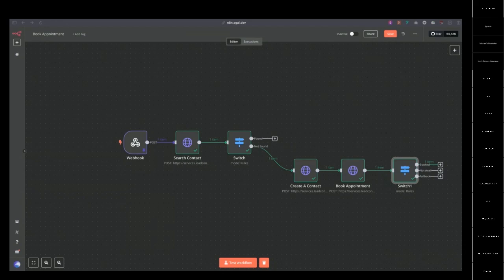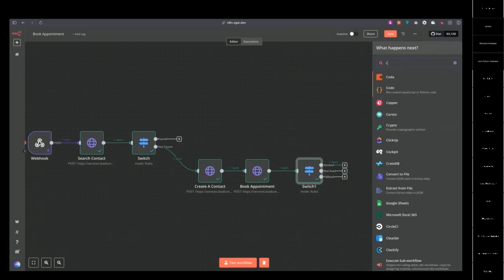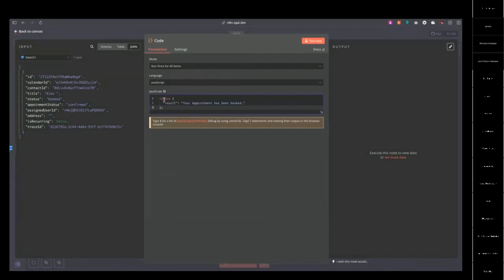let Retell know. So all we're going to do is click this little plus. We're going to return a code node with that message to Retell. And all that message, again, is just return. We're going to return a result. And all I'm going to say is your appointment has been booked. That's it. You can get fancier. You can put your appointment has been booked for this date and whatever, such and such. You could do that. So this one has been booked, and I'll rename this